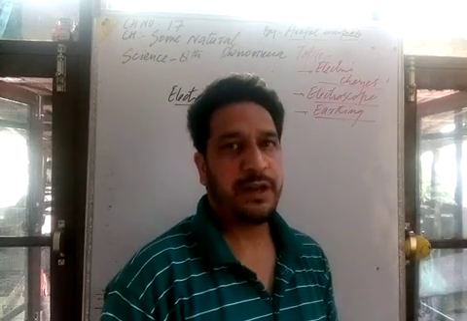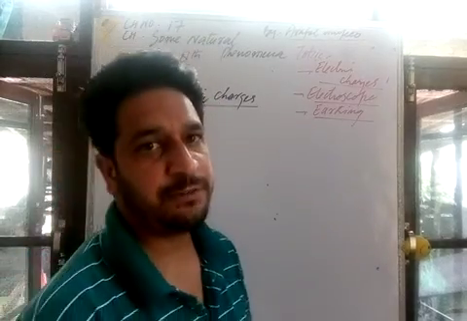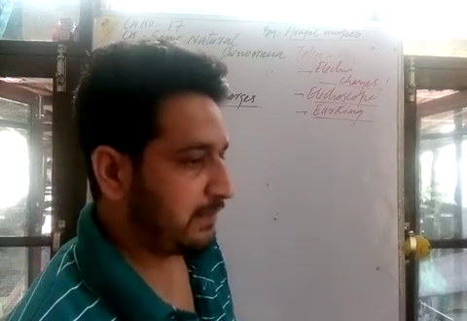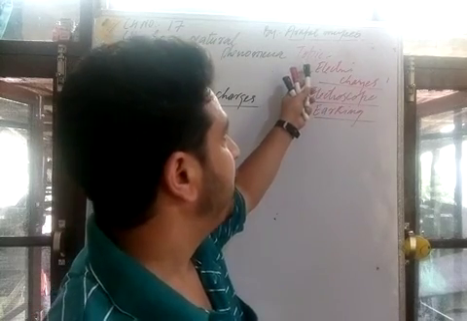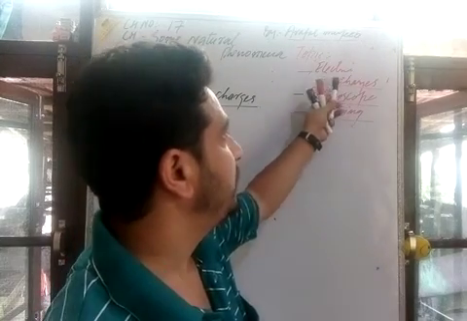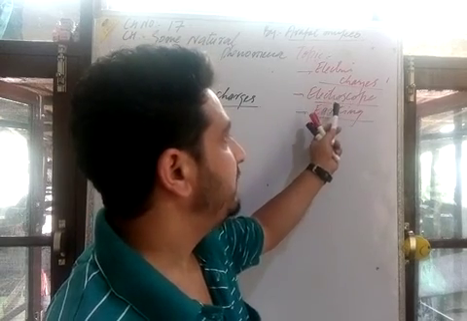I am with lecture number 2 of chapter number 17, Some Natural Phenomena, for 8th science. Today I am going to discuss the following topics: electric charges and how their development takes place, what an electroscope device is, and